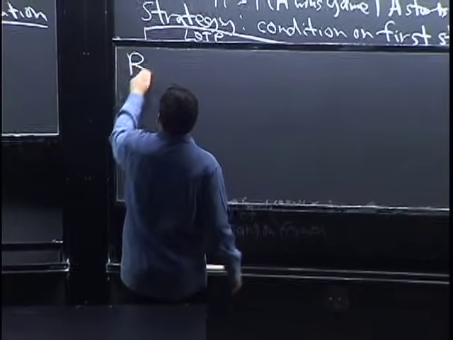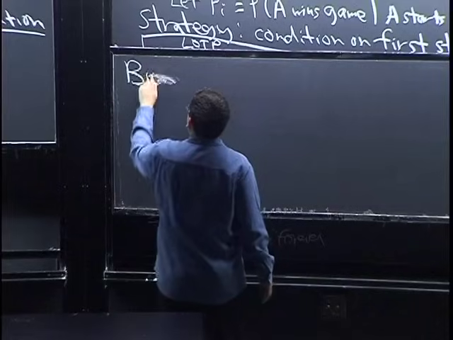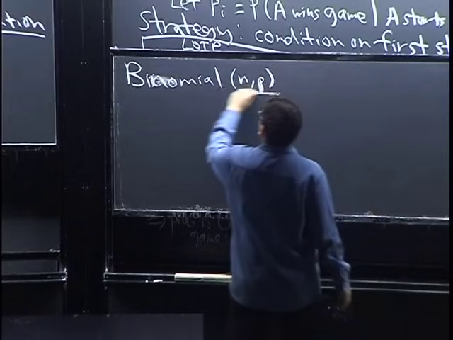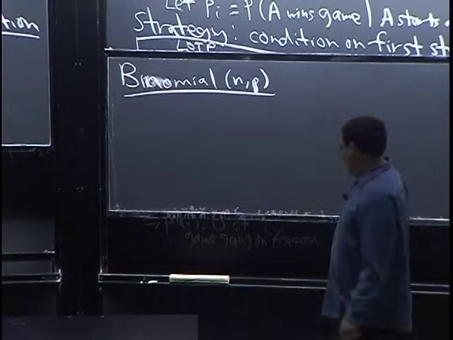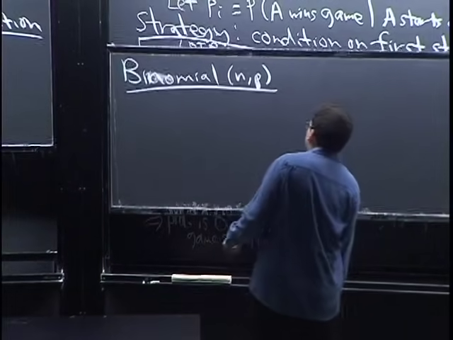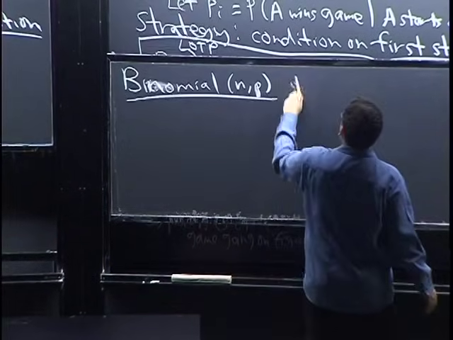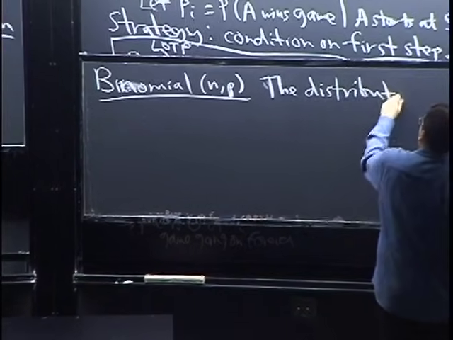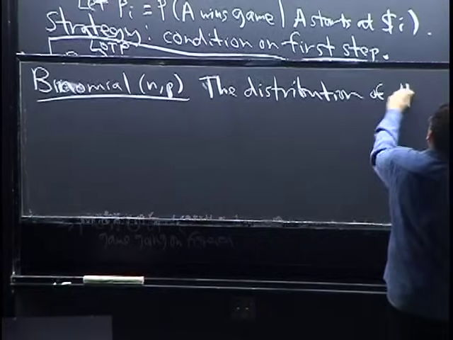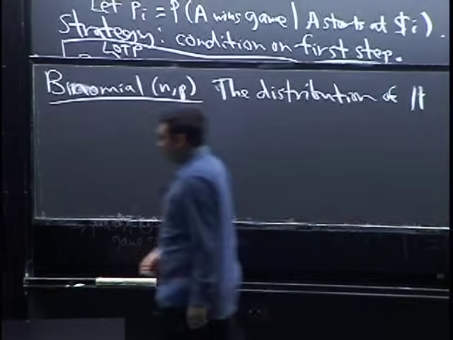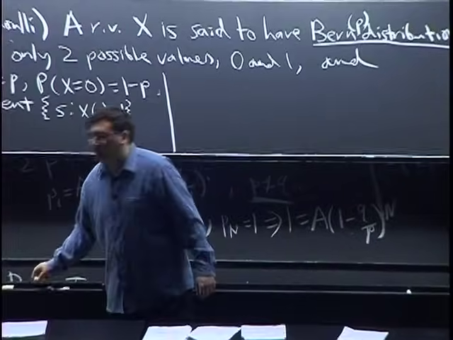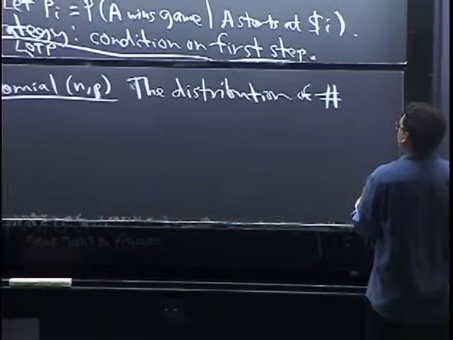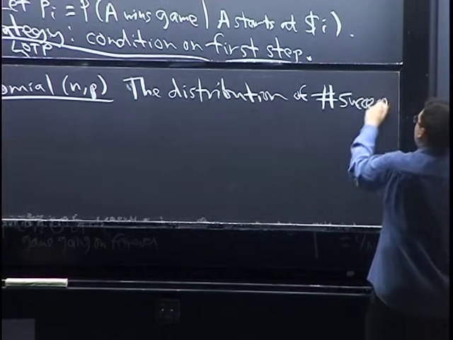So here's the binomial, which some of you have seen before, but I'm not assuming you've seen it. Binomial n, p. Okay. So the distribution of the number of successes, I have to tell you what a success is. The nice thing is we can define success however we want. That's a useful principle. Distribution of number of successes in n